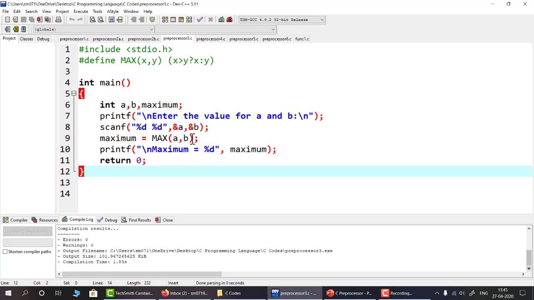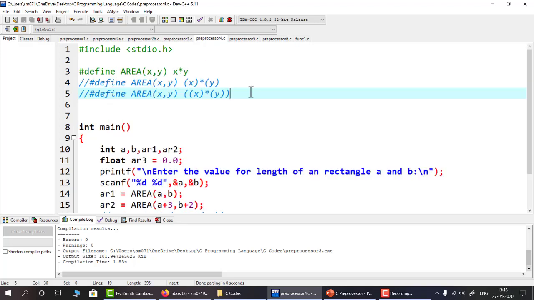As a macro can take argument, in some cases it can replace a function, and it will be much faster than using a function in some cases. We are going to discuss that. Let us take another example where the macro is taking argument. Here the AREA(x, y) is the template, and it will be expanded as x into y.